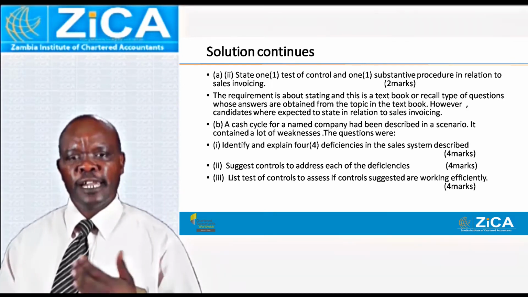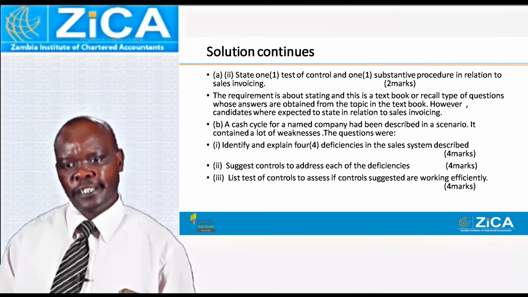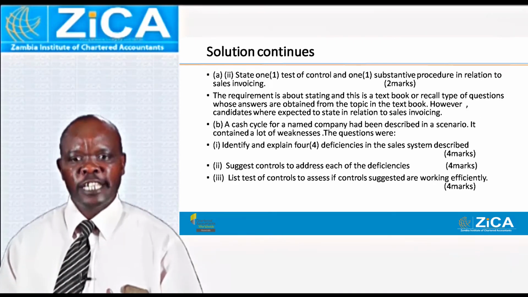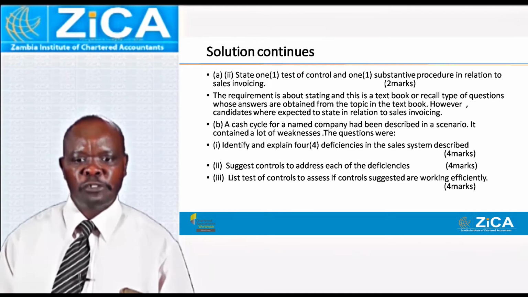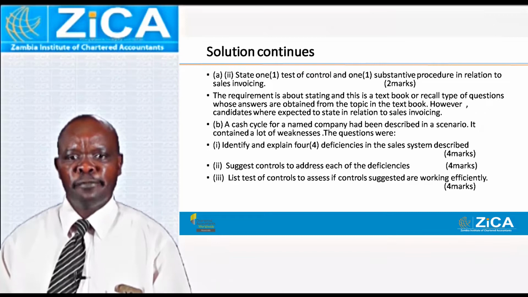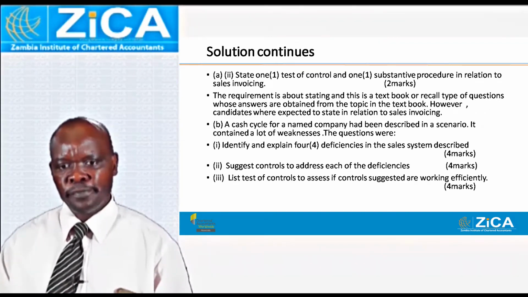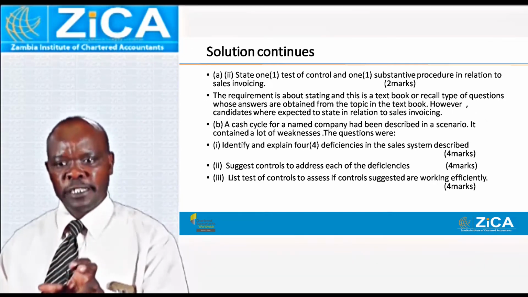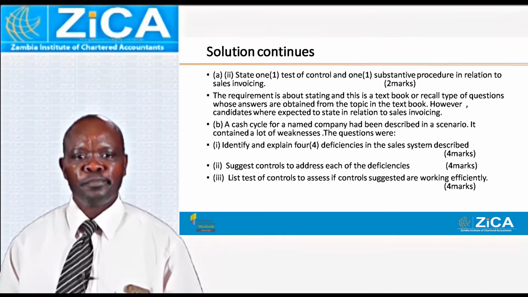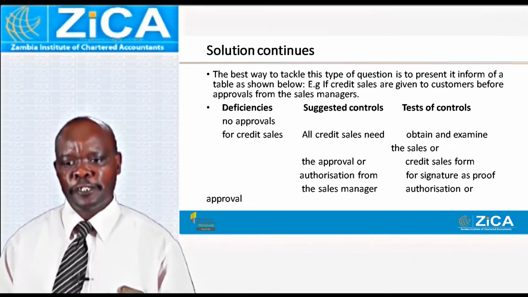But of course, as you saw in the last exam, there was a question that looked at the strengths of systems. So possibly there was a departure from the weakness, and those who always wanted to see weaknesses were caught on the wrong foot. Sometimes the system could be weak and we suggest the strengths. Or the system can be strong, and then you are asked to identify what particular strengths are there in this system. The solutions, like I said, you need to structure in table form. That helps a lot.